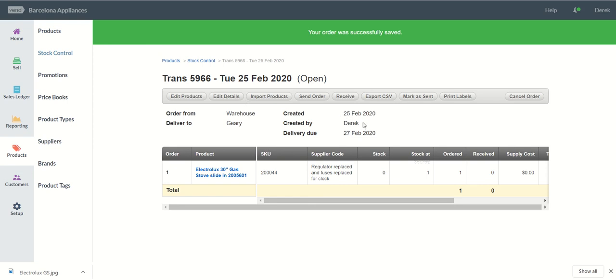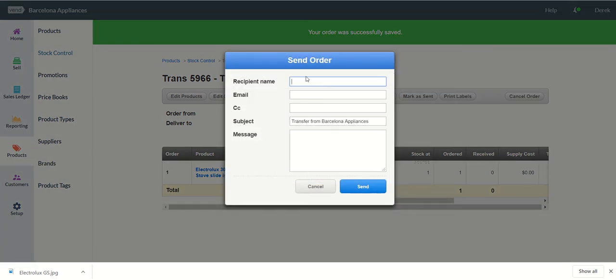It was created by me and is due on the 27th. You have a bunch of options up here to change. You can export, mark as sent, but what you want to do is send the order. Now that you've checked everything is right, you can type in the recipient's name. This would be sales team and delivery. Let's assume it's being delivered by me, so I would type in my own email,